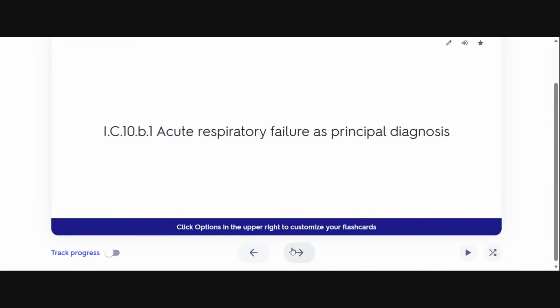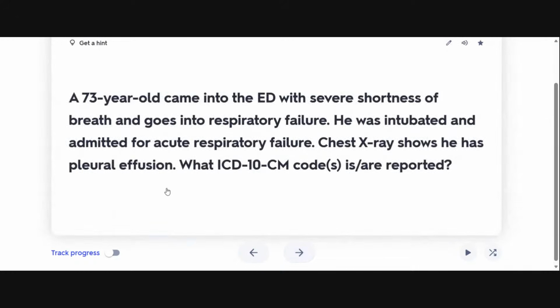And now, last but not least, we are going to be focusing on the code or codes that we're going to use to solve this scenario. So let me know in the chat what you think they are, and then I will go ahead and switch over to our PowerPoint and we will go through everything all together.